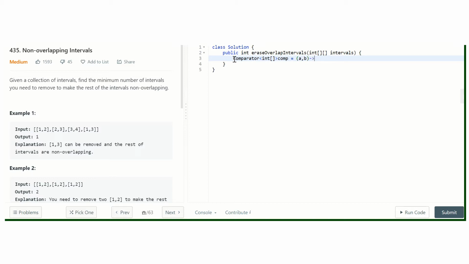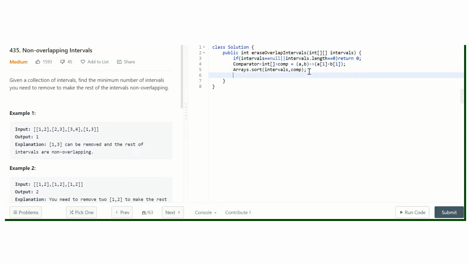I am going to sort it based on the endpoint, a1 minus b1, in ascending order, and Arrays.sort intervals comparator. We have to handle the null case as well. If intervals equal to null, or intervals.length equal to 0, we'll simply return 0.